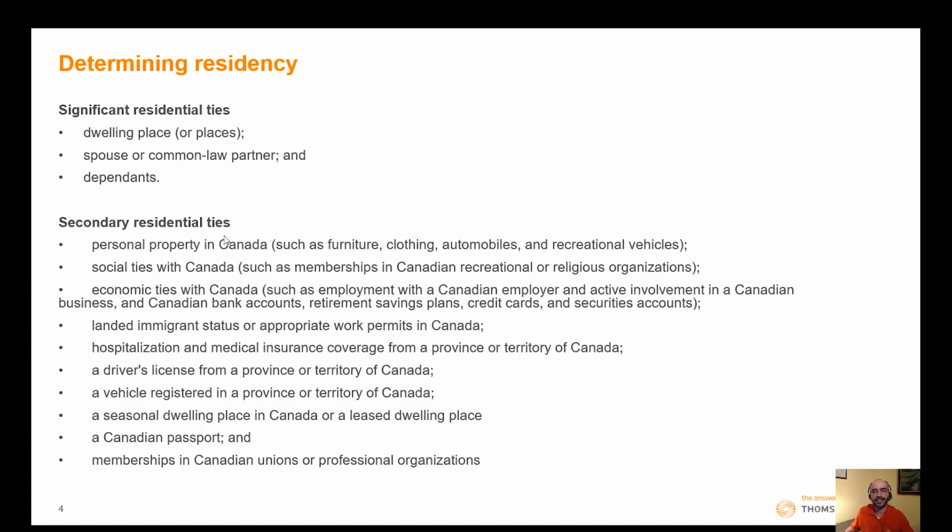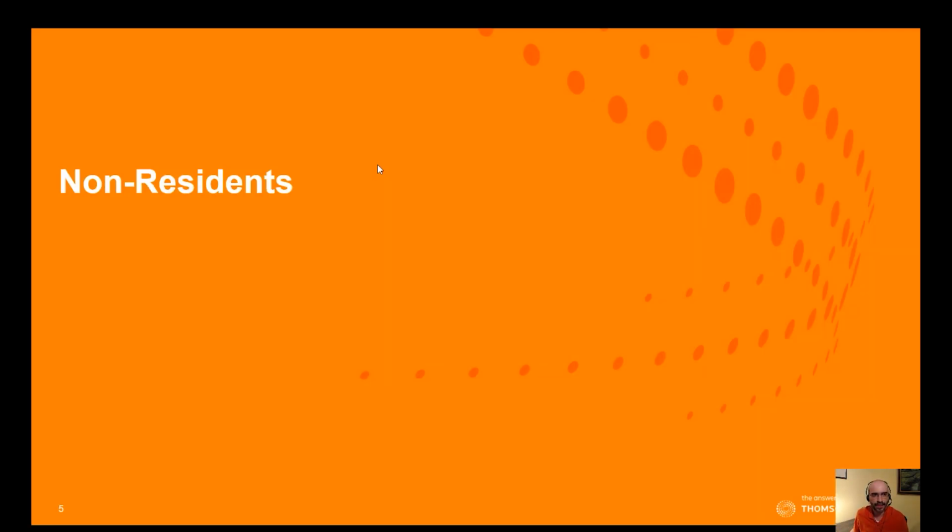And the secondary residential ties will determine whether this individual will be a Canadian resident or not. And remember that secondary residential ties are usually cumulative. It is not one that will tip the scale. You have to go on a cumulative basis through all these factors and see whether they are a resident of Canada. So now let's assume that you've done this exercise, you've determined concretely that the customer is a non-resident of